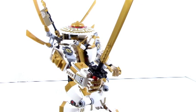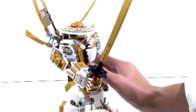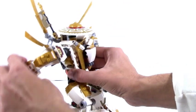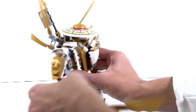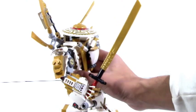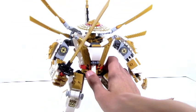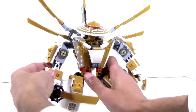But here's the big problem with the arms. As far as articulation goes, these arms have pretty good articulation, just moving up and down. You can move these elbows up and down. There's nothing to complain about there. That's great. But the thing is, the way they have it constructed, they have it on these ratcheted joints, so